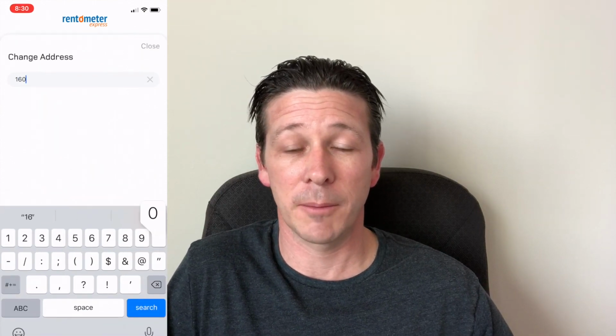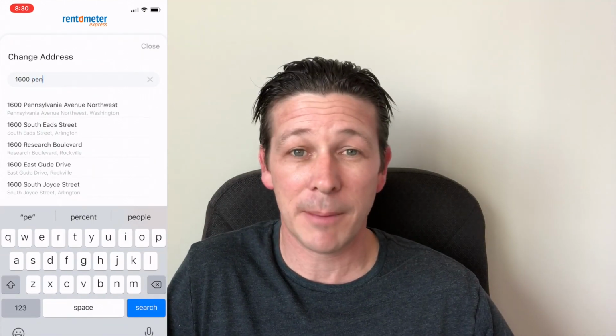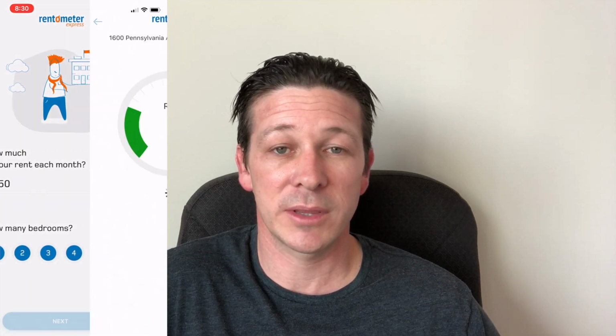Another great tool I use is called Rentometer Express. It's a free app you can download, and it's a great tool to get estimated rents. You always want to double check it, but it's a good tool to plug in a number when you're running an analysis on a property. You put in the address and the number of bedrooms, and it's going to give you what the estimated rent